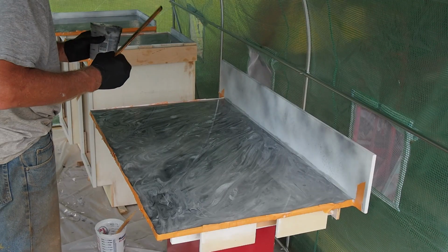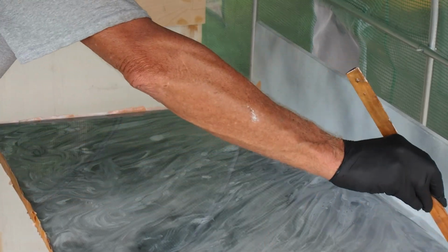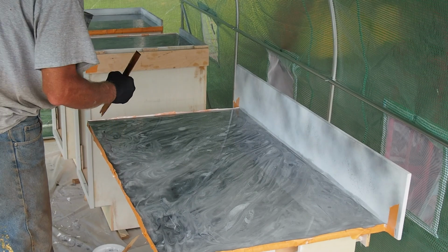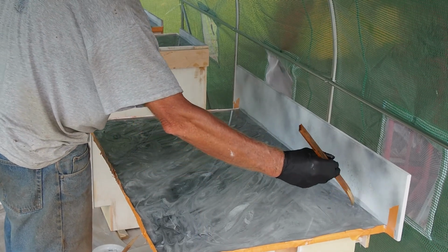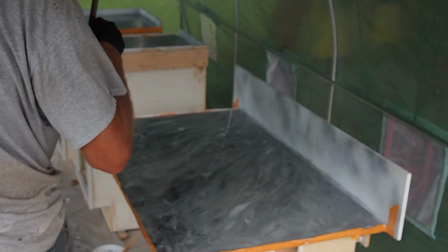And if I want to add some veining, I simply take this and wherever you break the pattern, when it forms back on itself, it creates little micro patterns. Or if I want a little bit more obvious pattern, add just a little bit of the